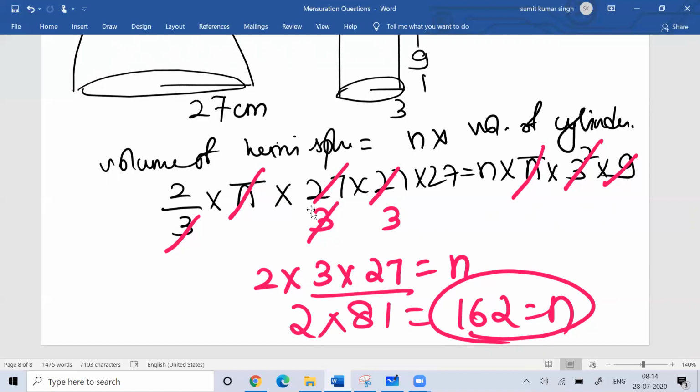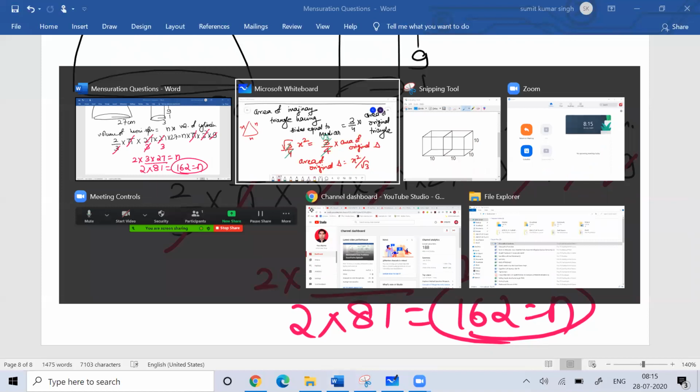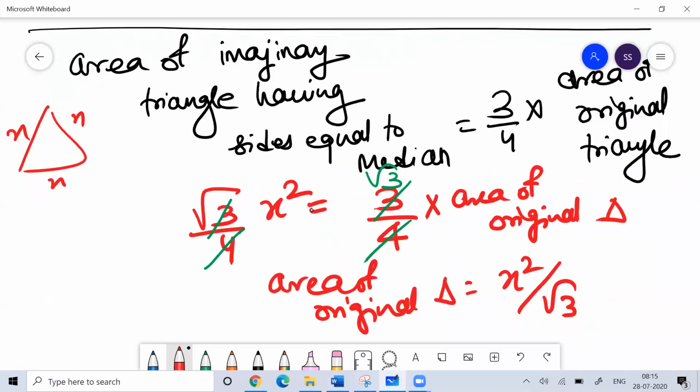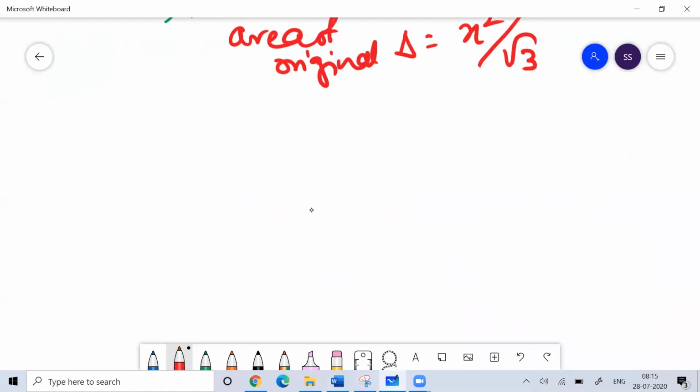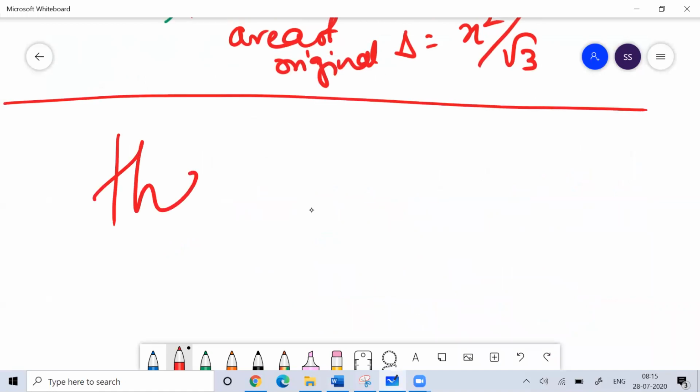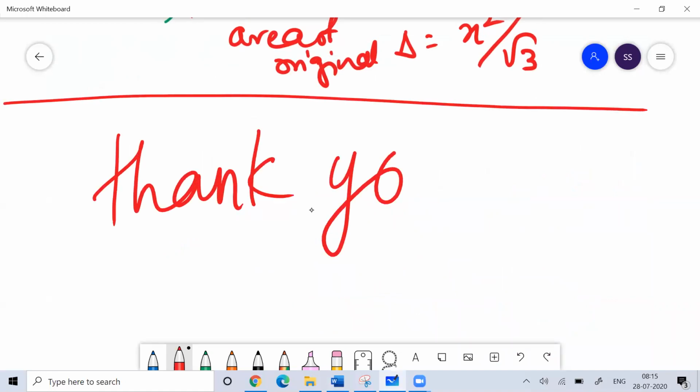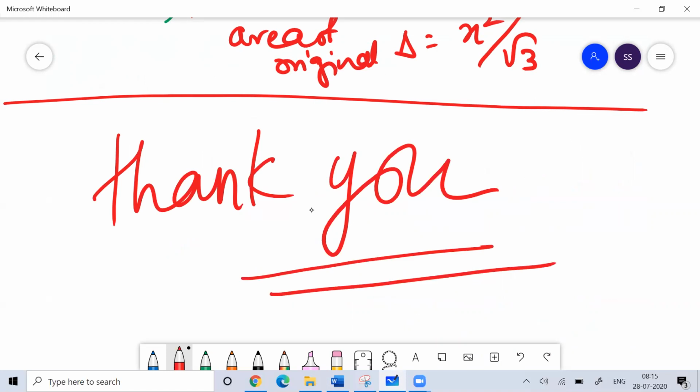So you understood this, right? Fine. I hope you enjoyed this session. We did a little bit better level of questions in this class. Understanding mensuration is very important from an exam point of view, especially for those preparing for IBPS or CGL or SSC exams. You can definitely expect good level questions from this topic. This is a very important and very scoring chapter, because simply by using formulas, you can get the answer.